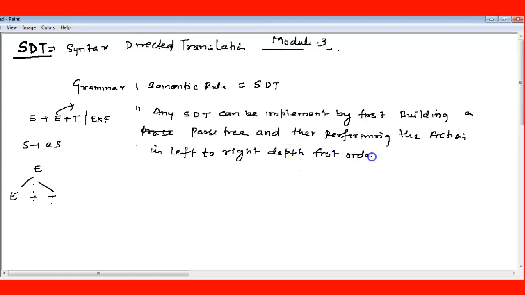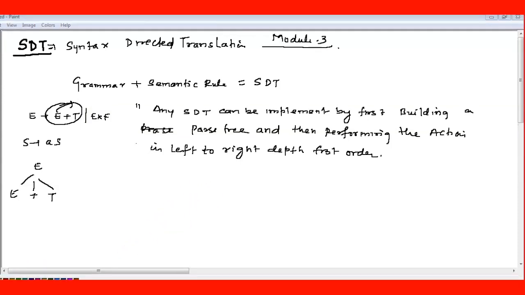If any grammar is given, and along with it you write rules, then it becomes an SDT. I will take an example, then you will understand better.